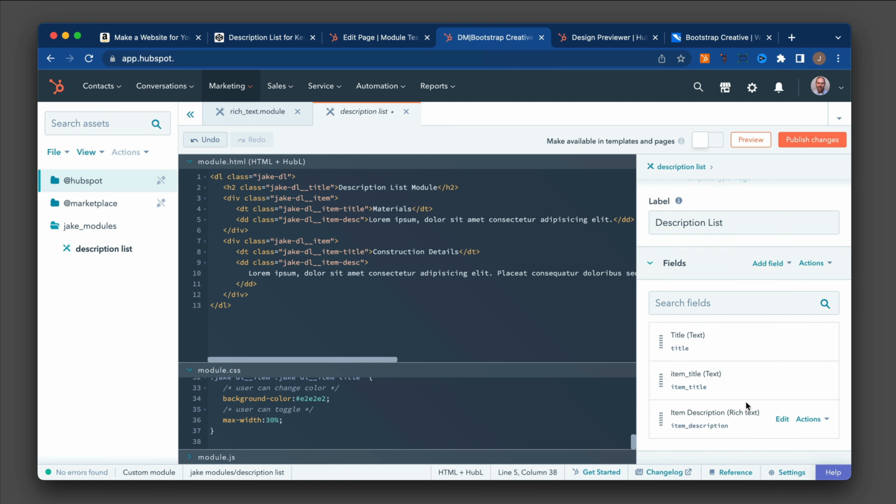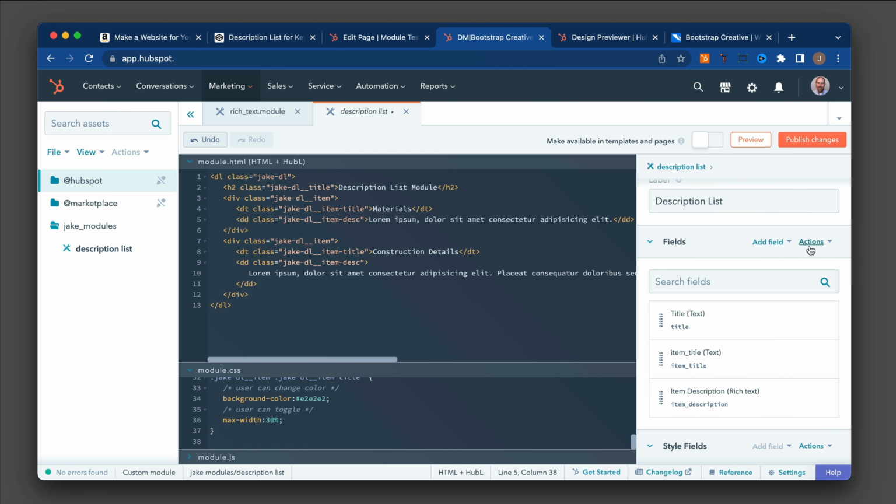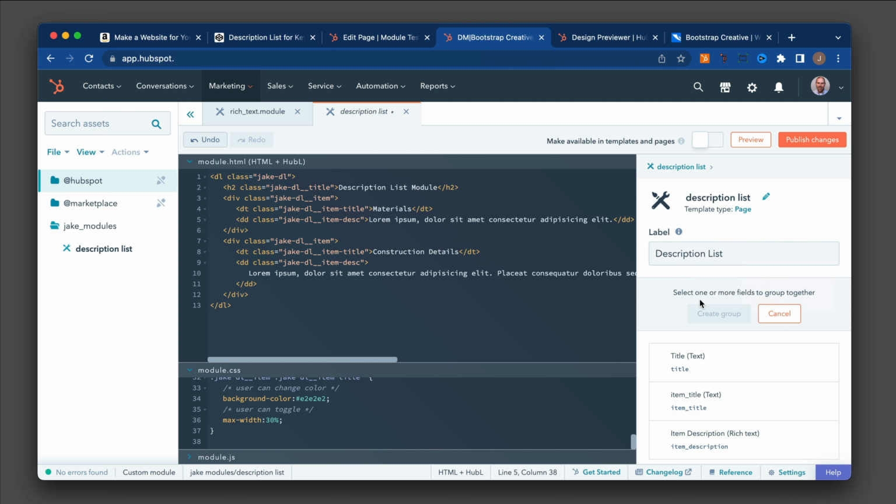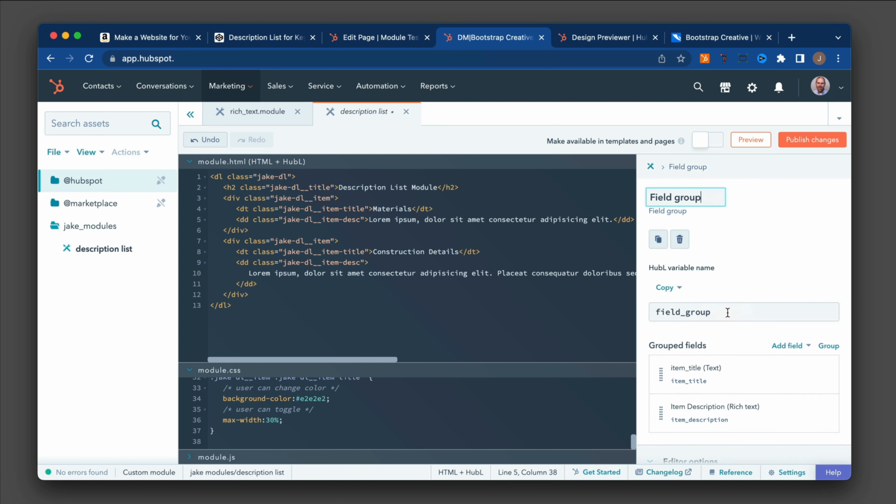item description. So now that we have this, we want these to be a group because we want this to be repeated multiple times as a user would add different product details in this case. So in order to do that, we go to this actions panel and then do group. And it says select one or more fields to group together. So I'm going to select item title, item description, and then I'll do create group.